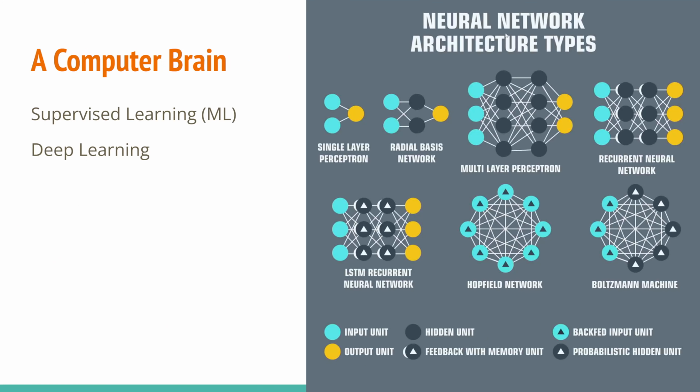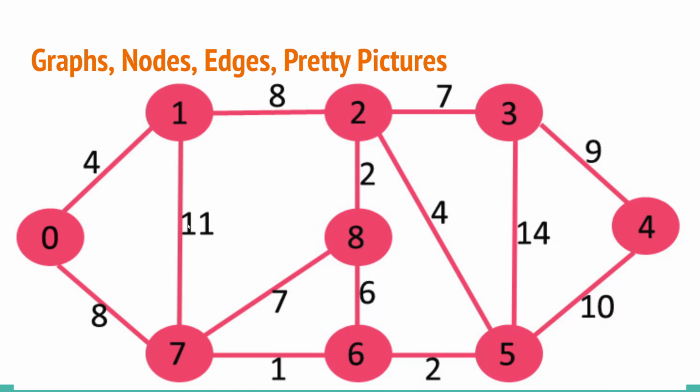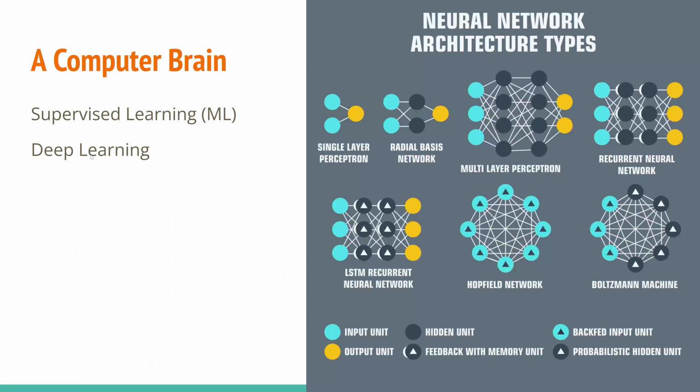So this is what a neural network architecture looks like. As you can see, it's very, very similar to what I just showed you with traditional graphs and nodes, because it is graphs and nodes. The only thing is, instead of doing simple math like 0 plus 4 plus 1 to traverse, you're using other activation functions like ReLU, R-E-L-U, rectified linear unit, in order to calculate your traversals.